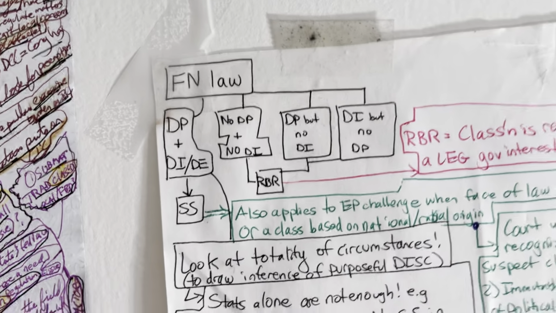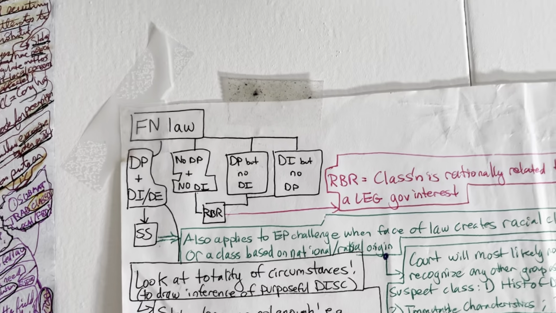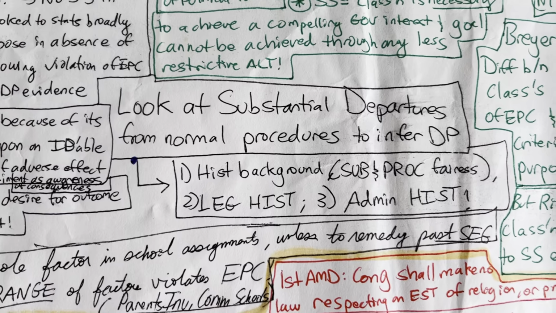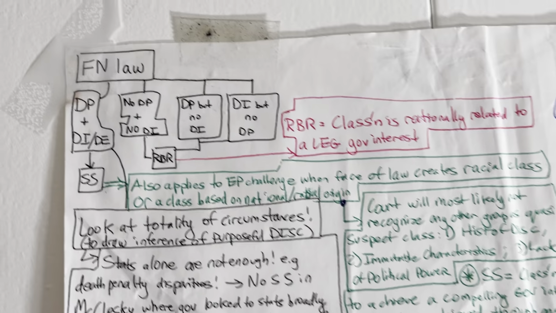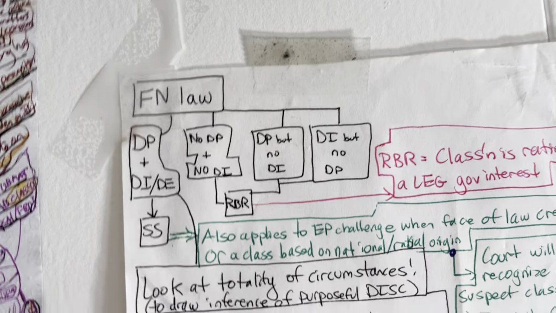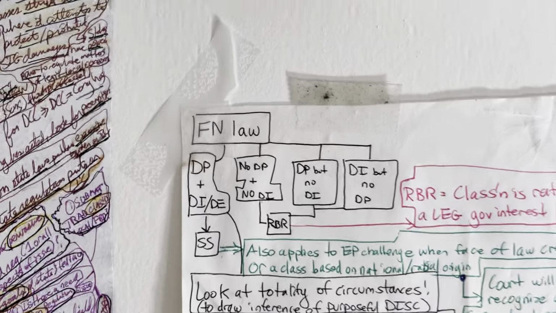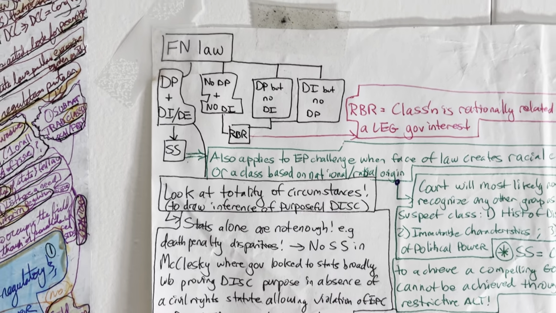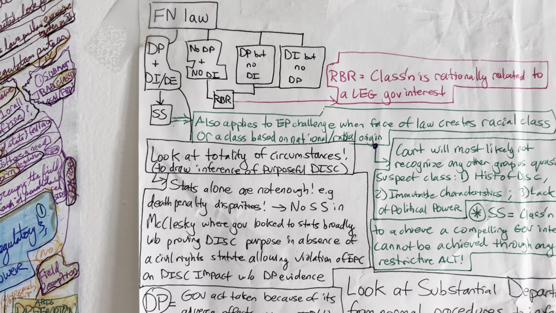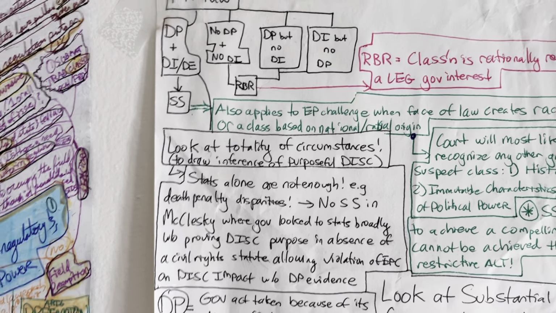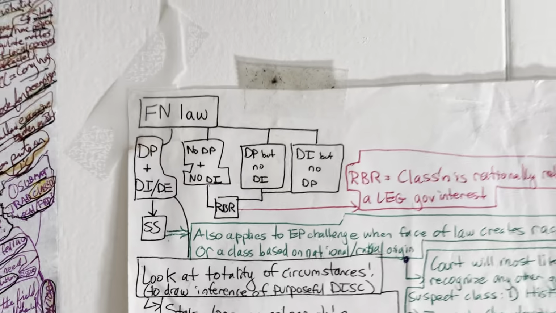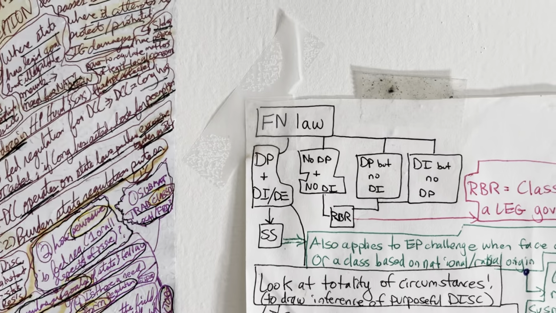And what do we mean by that? We mean that we don't want to see any sort of animus towards a protected group with historical discrimination. We look at, for example, historical background, legislative history, and administrative history when making such a determination. But first off, we want to determine whether or not a government action is facially neutral, and by that not specifically targeting a certain class of people, such as targeting women or targeting those who are non-US citizens, or targeting members of a certain race or other protected class. So here we start with our analysis. We want to determine whether or not it's a facially neutral law.